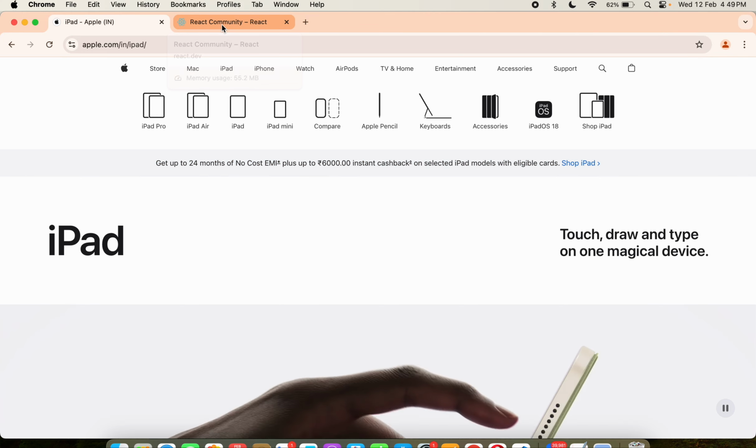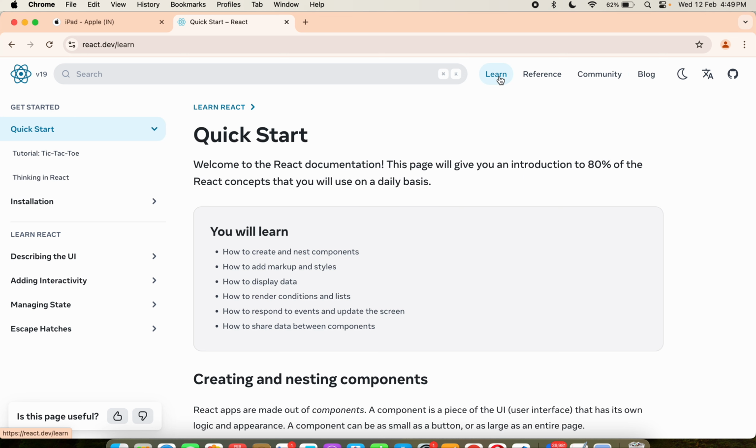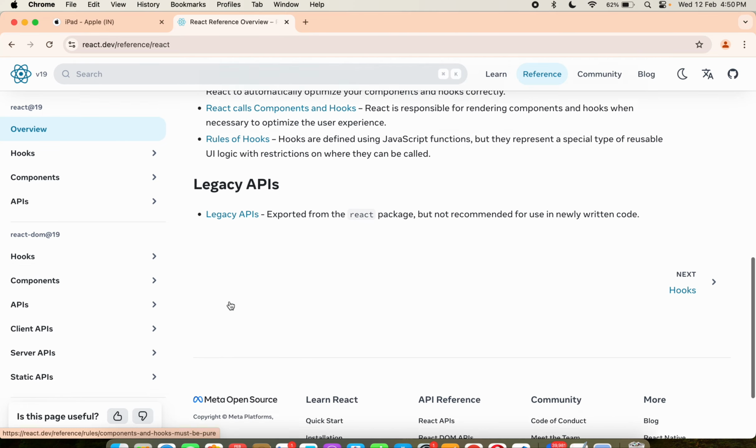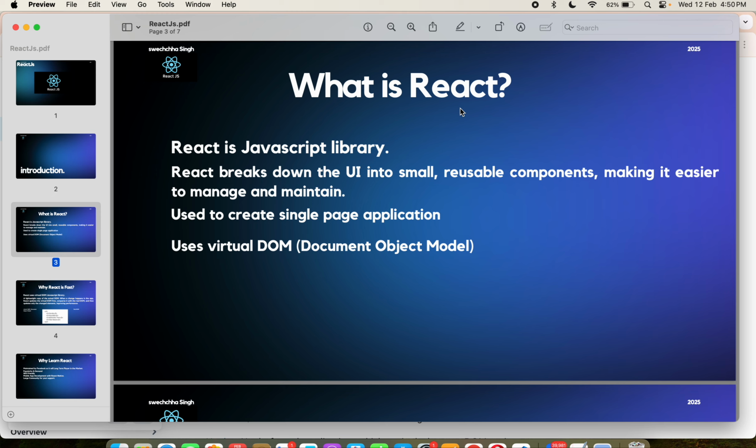But in comparison to this website, when I come to the React main page, you can see when I click on Learn, in a few seconds, in a quick moment, it is showing another UI, another user interface. And when I hit References, you can see now the page has been rendered again, and it is showing relevant content to reference. So here completely we can see the difference. What is the difference? And